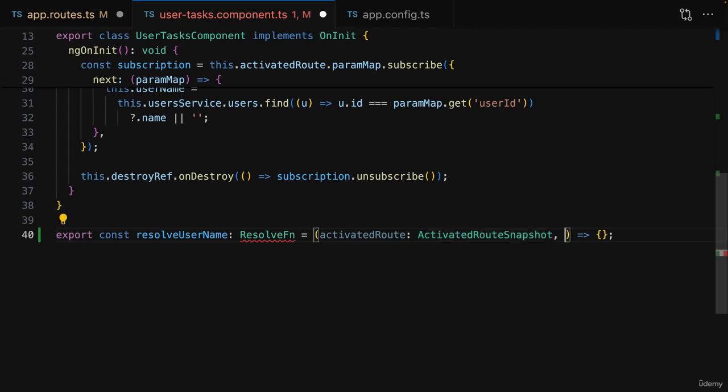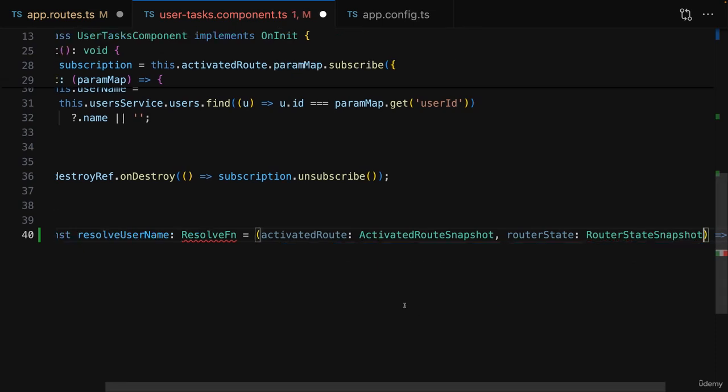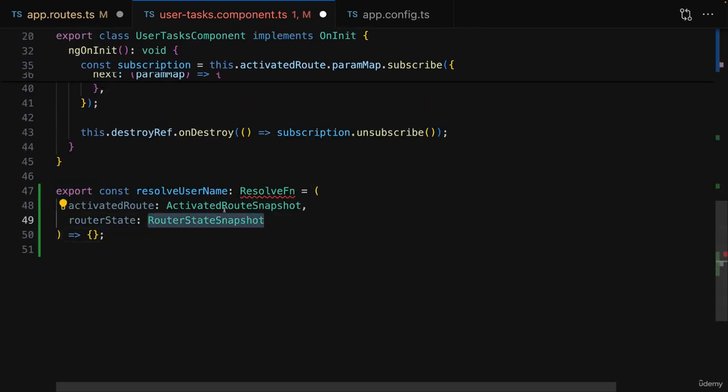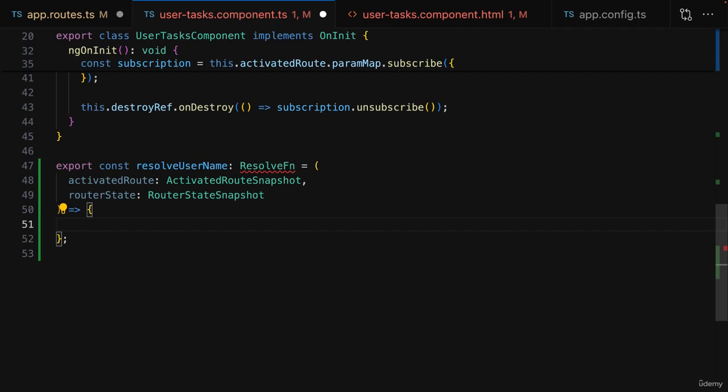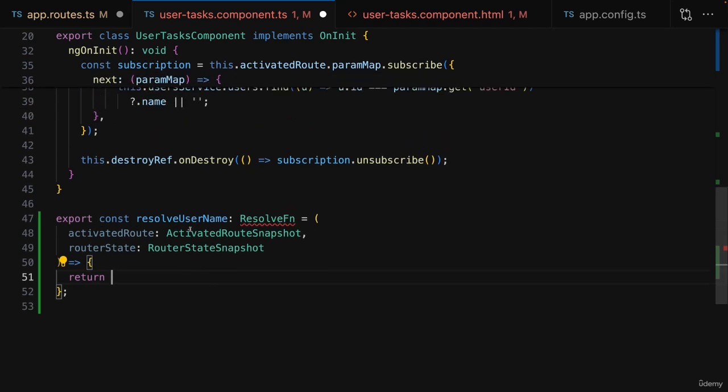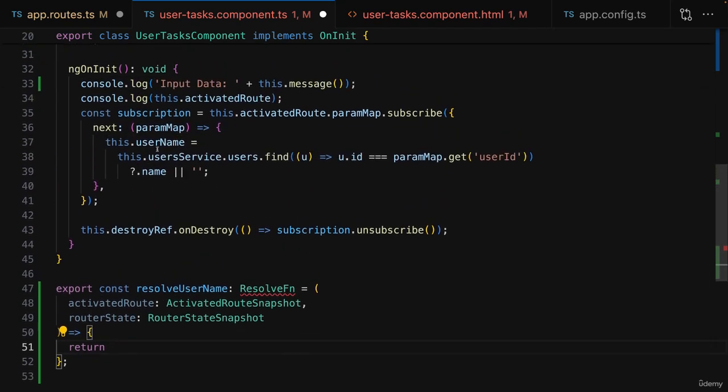The second parameter that should be accepted here is the current router state, which is of type RouterStateSnapshot. So that's another type which, just like ActivatedRouteSnapshot, must be imported from Angular router. Now in this resolver function, we then also need to return something. We need to return the data that should be resolved by that function. And that of course should be the username, which should be fetched basically as we're doing it here, with help of the users